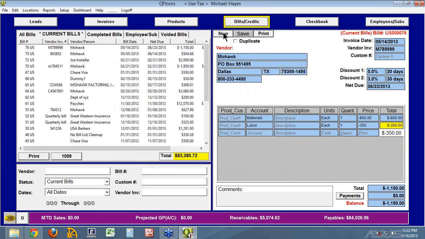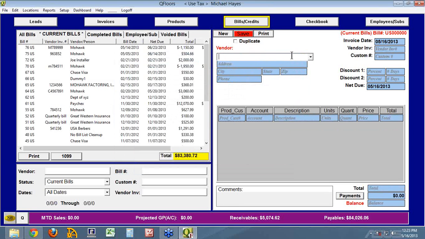Maybe you have a check in your hands. Maybe the business owner is writing out a personal check to contribute money into the business. Maybe an insurance company or one of your vendors mailed a check to you for whatever reason, program rebates and so forth. So you'll click New and you'll type in who the check is from,